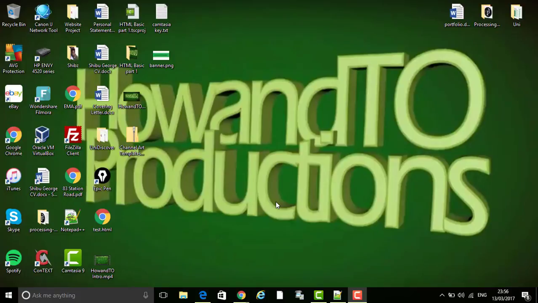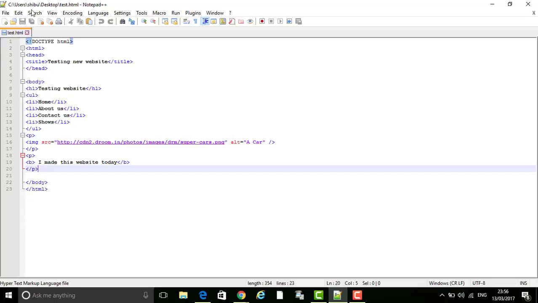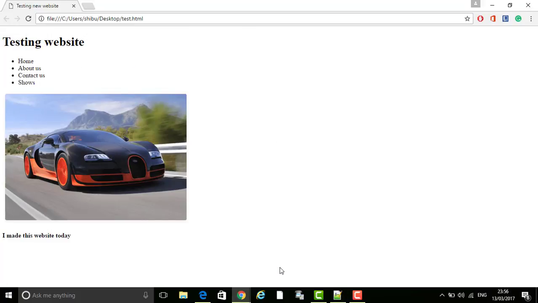Now, in this tutorial, I'll be talking through the other functions of HTML and ways you can make your website a little bit colorful and change it up a bit. If you go back to the file that we created last time, I call it test.html, at the moment it looks like this. It's not really that great. It looks kind of boring and dull. So in this tutorial, I'll show you how to change the style and include other